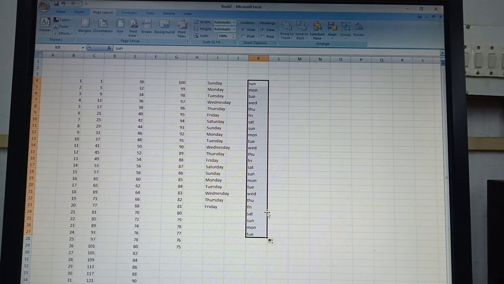So today we have learned that in the same way you can enter dates, you can get the date sequence, you can get the month names. Similarly, any sequence which is defined, you will get by the autofill handler.